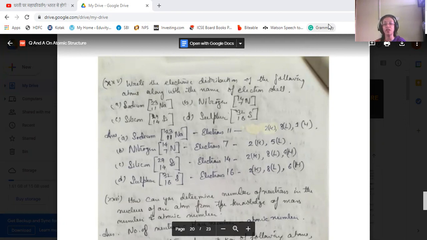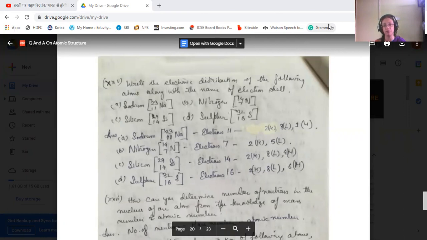Then we come to silicon. Silicon has 29 as the mass number and 14 as the atomic number. So the electrons will be 14 in number, and that will be configured in this way. K will contain 2 electrons, L will contain 8 electrons, and the remaining electrons, that is 4, will be on